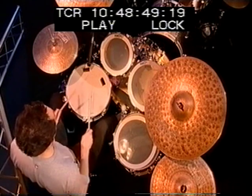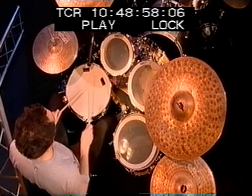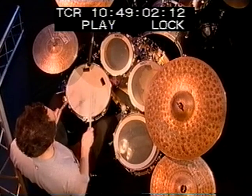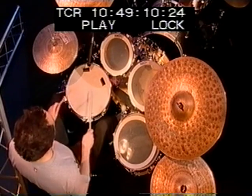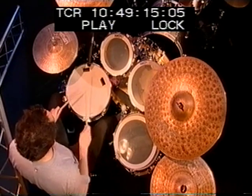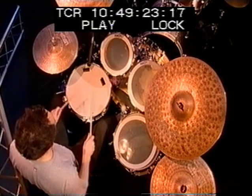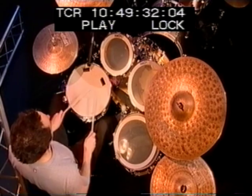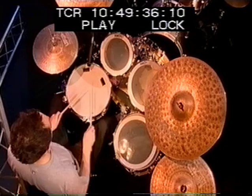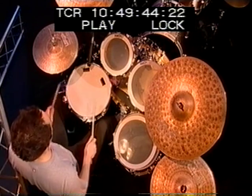Here we go. 3 E and a 4 E and a 1 E and a 2 E and a 3 E and a 4 E and a 1 E and a 2 E and a 3 E and a 4 E and a 1 E and a 2 E and a 3 E and a 4 E and a 1 E and a 2 E and a 3 E and a 4 E and a 1 E and a 2 E and a 3 E and a 4 E and a 1 E and a 2 E and a 3 E and a 4 E and a...